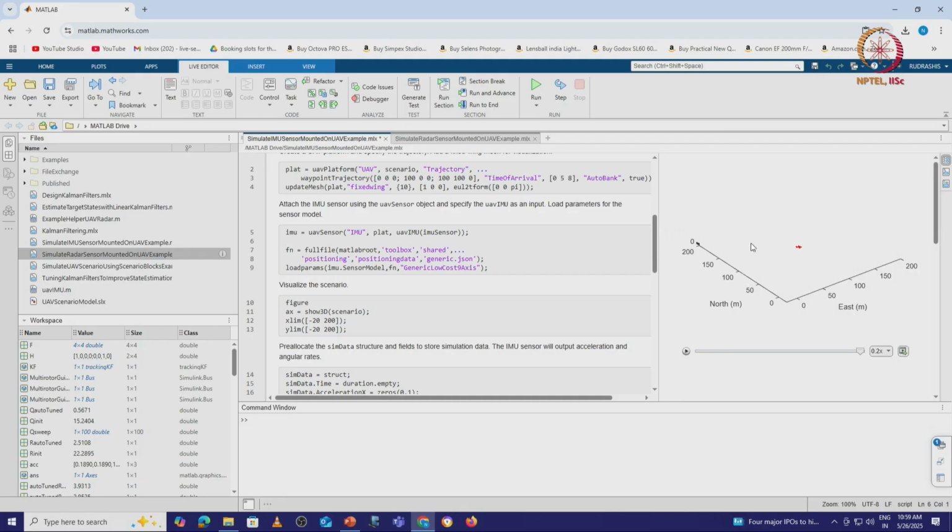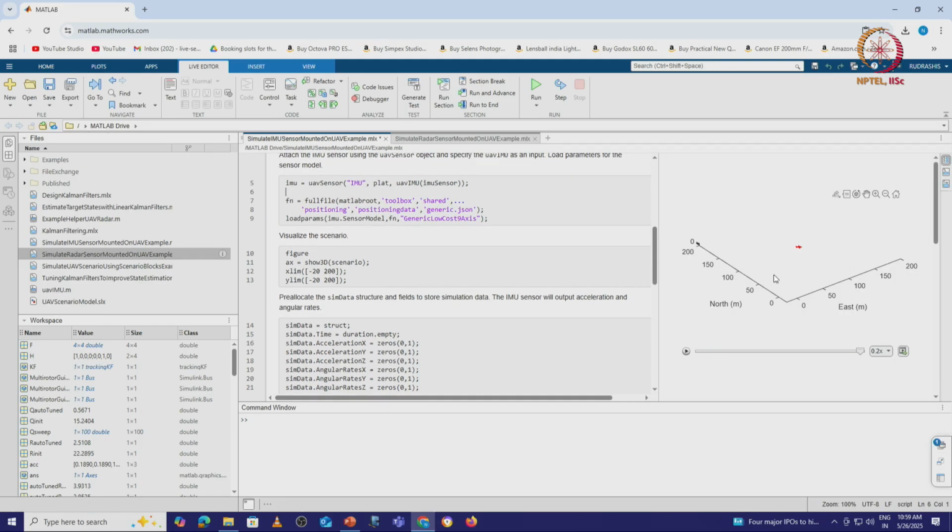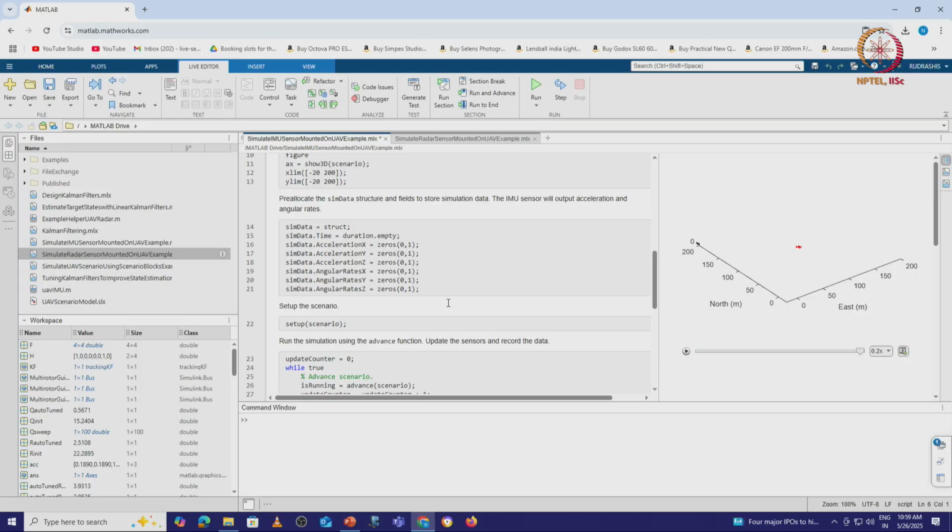So that is how the drone is navigating. Okay, I am playing it at the lowest possible speed one more time to get an understanding. I started from north, I am moving and move ahead. So I can simulate how this UAV is moving and how I can get this sensor and I can plot the scenario and